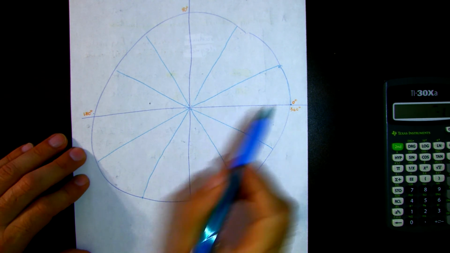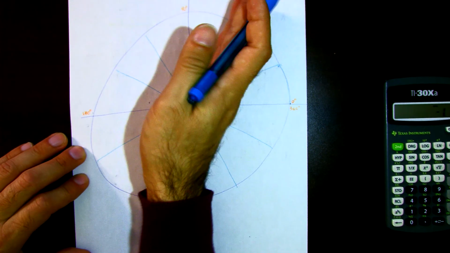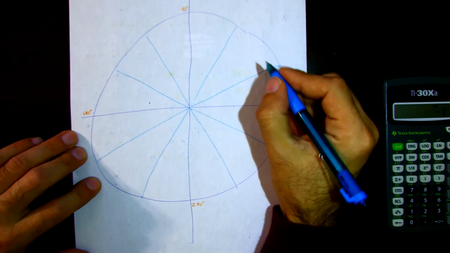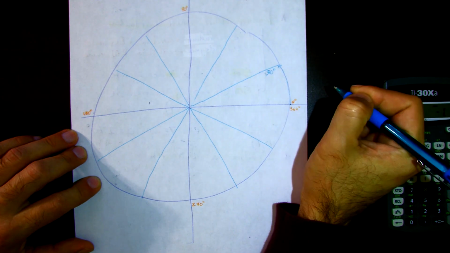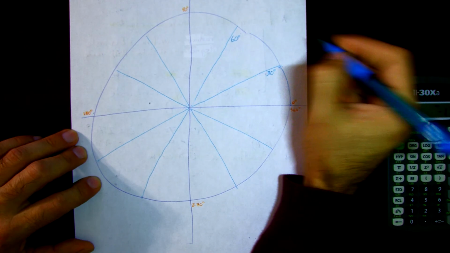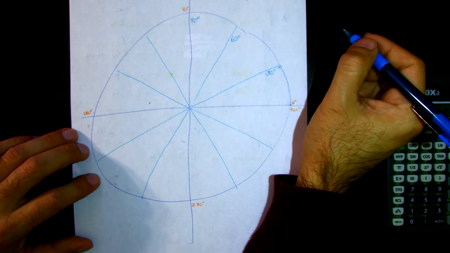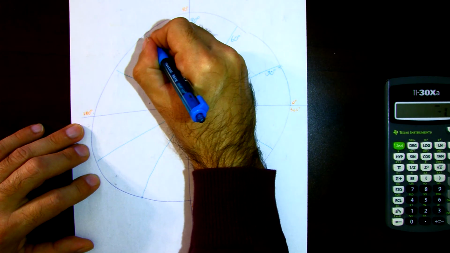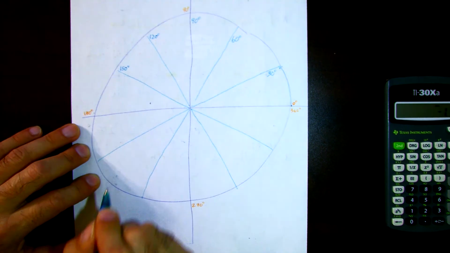If halfway around is 180, and I break that into 6 parts, then each of these is going to be 30 degrees, right? 60, 90, we already had that. Keep going, keep going. 120, 150,